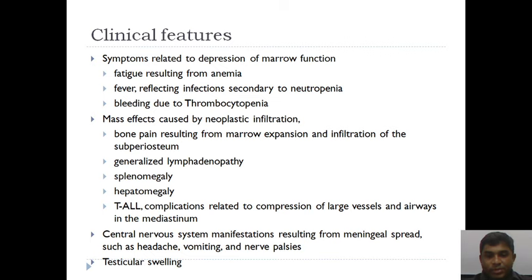And many times, because of the mass effect, the trachea is compressed, leading on to breathing difficulties and manifestations of